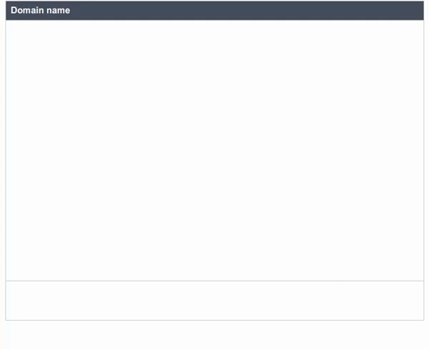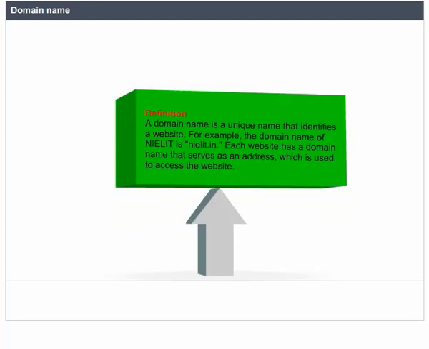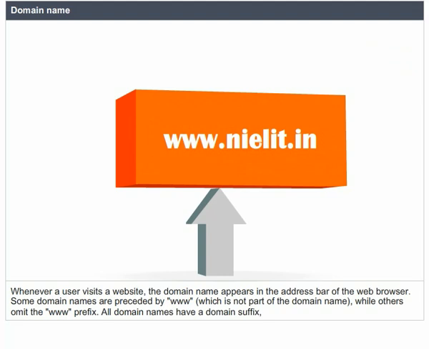Domain name. Definition. A domain name is a unique name that identifies a website. For example, the domain name of the Nilet is nilet.in. Each website has a domain name that serves as an address, which is used to access the website. Whenever a user visits a website, the domain name appears in the address bar of the web browser. Some domain names are preceded by www, which is not part of the domain name, while others omit the www